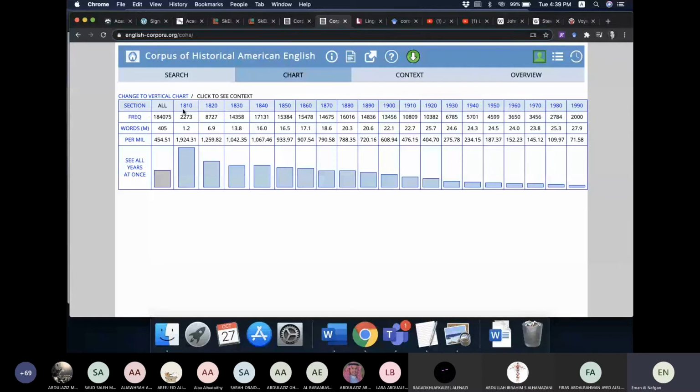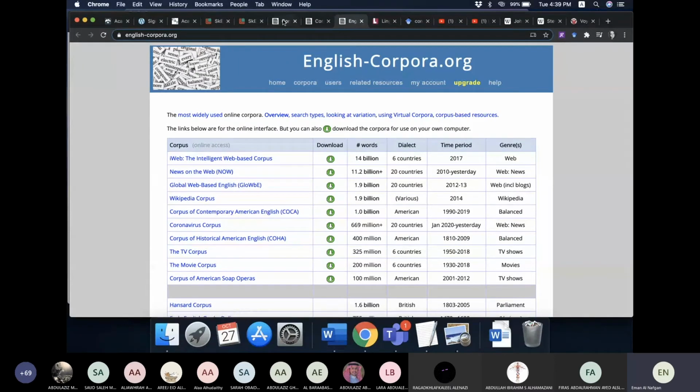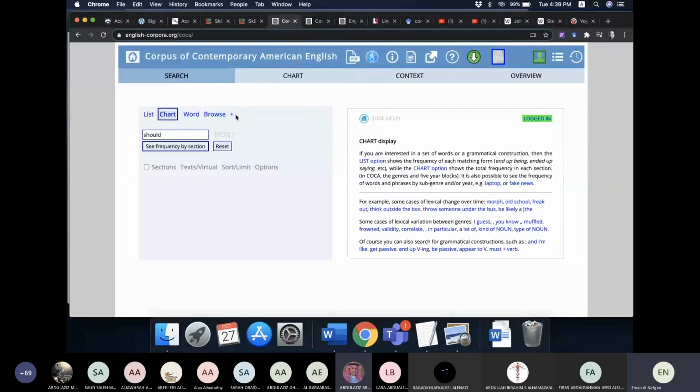Okay. But let me just show you shall before I go back and look at Saudi Arabian. So if you look over here, what year is this? 1810. Yes. So more than a century ago, more than 100 years ago, shall was much more common, right? You see how less and less and less it's being used up until 1990. So let's go back. You want to look at doctor. Yes. Shall